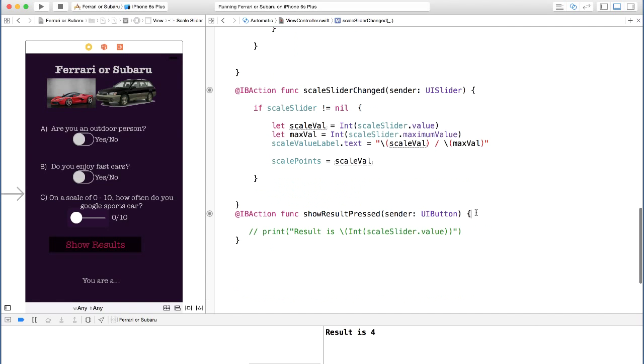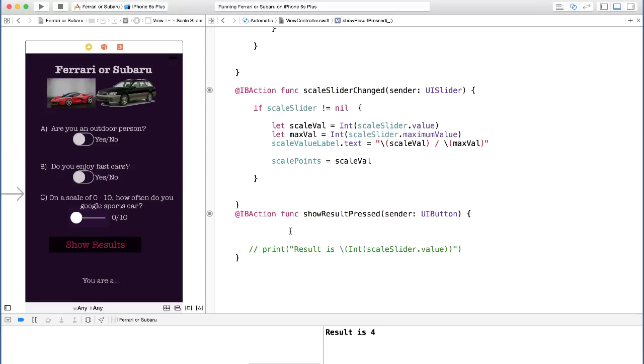Okay, which is here. Inside of our show result pressed button, this is where we are doing all the logic. So the first thing we need to do is make sure that all of our user interface elements are not nil or don't have values that we can't actually use to compute.